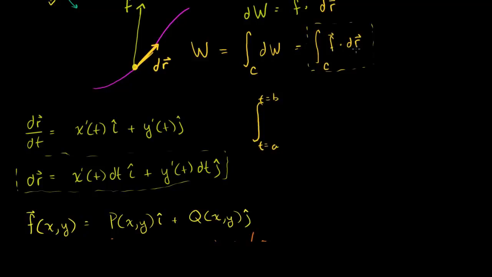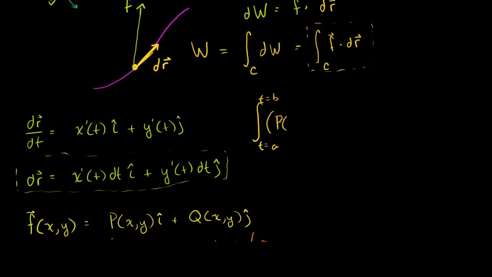And then what is f dot dr? Well, if you remember from just what the dot product is, you can essentially just take the product of the corresponding components of your vector and add them up. So this is going to be the integral from t equals a to t equals b of P